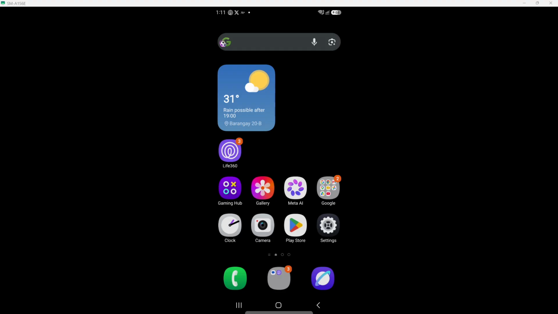By following these steps, you have successfully created a shortcut for the Life 360 app on your home screen. This simple adjustment can improve your device's usability, allowing you to stay connected with your family and loved ones efficiently. Remember, the quicker access to Life 360 will help you manage your location sharing needs effectively. Enjoy your newly organized home screen and feel free to rearrange your apps further for even better accessibility.